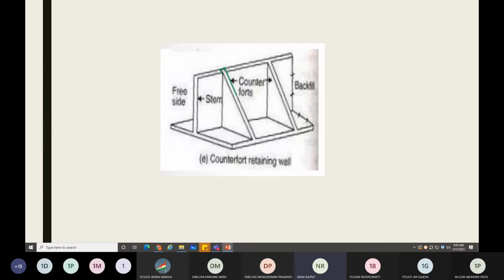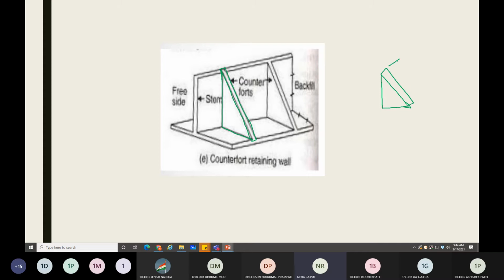This counterfort member is nothing but a beam member. ये कैसा है? This is kind of beam, and this beam is inclined kind of beam, right? This beam is inclined kind of beam and having the variable depth throughout the length. So if I'm talking about this counterfort member, ये ऐसा मेंबर है, ऐसे ट्राइंगल शेप में मेंबर हो रहा है, ऐसा यहाँ से ऐसा.